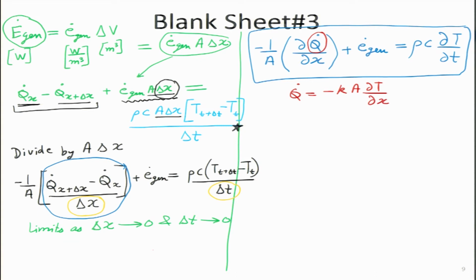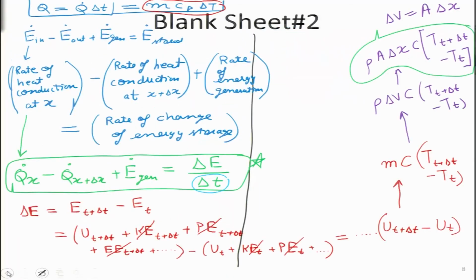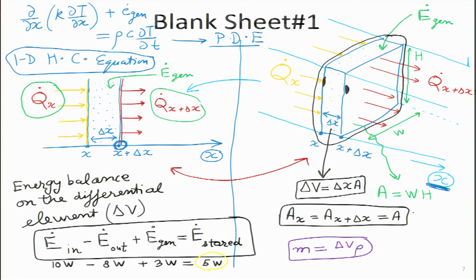Now, is there a way I can combine these two equations together? What will happen? This minus sign over here, which is represented by this dot, will get cancelled with that one. Will this area A be cancelled by this area A? So, let me ask that question to you: can I take this area from inside the bracket outside? The answer is yes, if we go to the previous two slides back, and we have written over here.